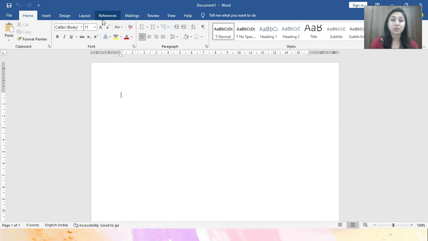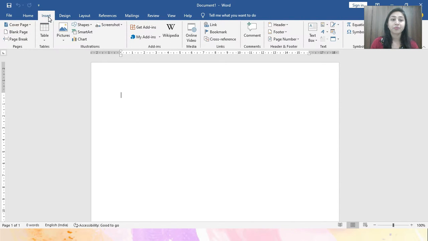First, to insert a picture, you have to click on the insert tab because we have to insert a picture. So you have to use the insert tab. When you click on it, you will get options to insert in your document. Okay. So if you want to insert a picture in your document, you have to select the picture option which is available in the illustrations group. Okay. So when you click the drop-down arrow, you will get two options on your screen: this device or online pictures. Okay. Let's do practical in both options.